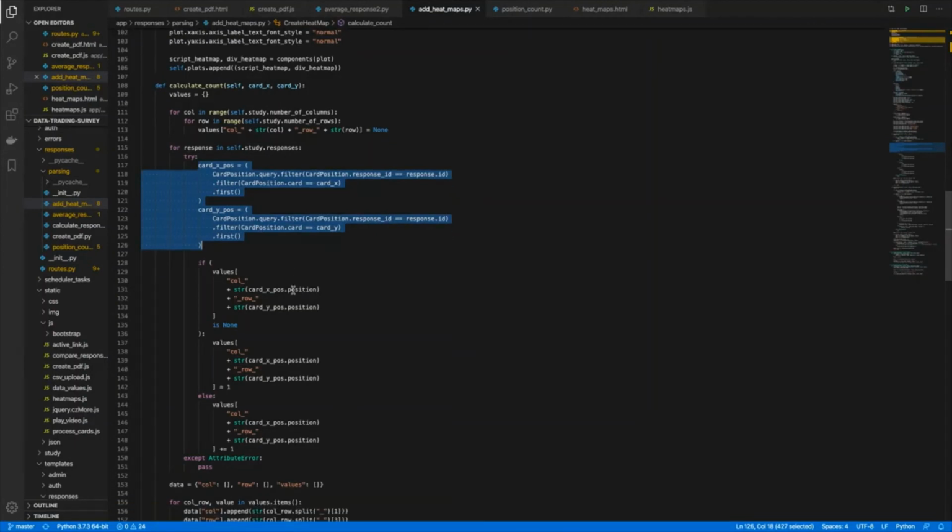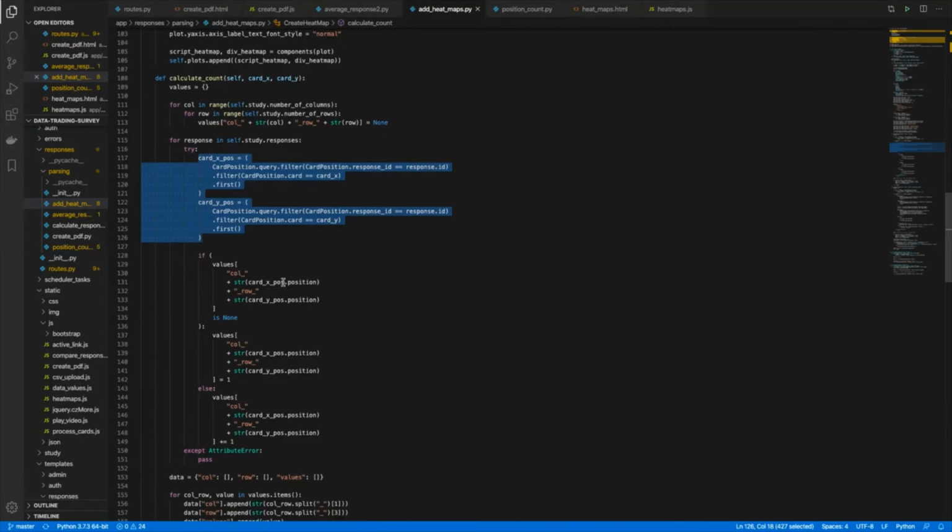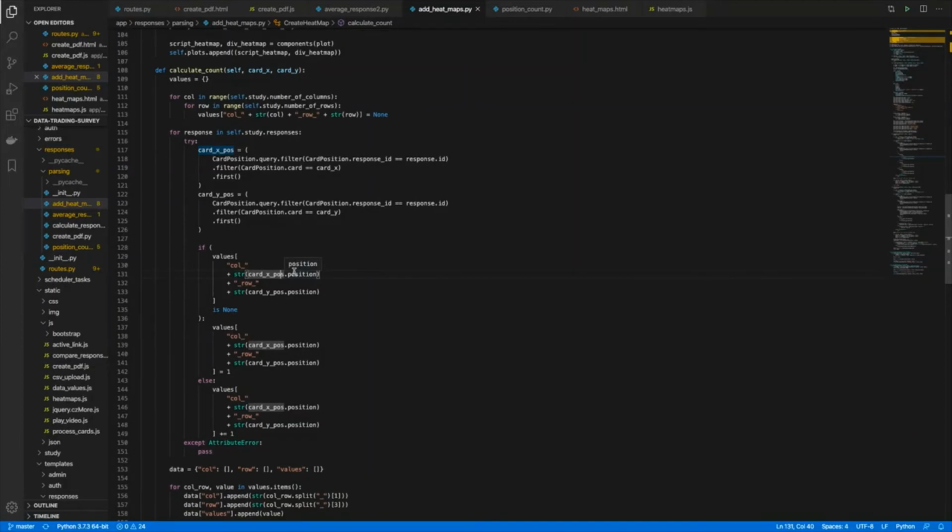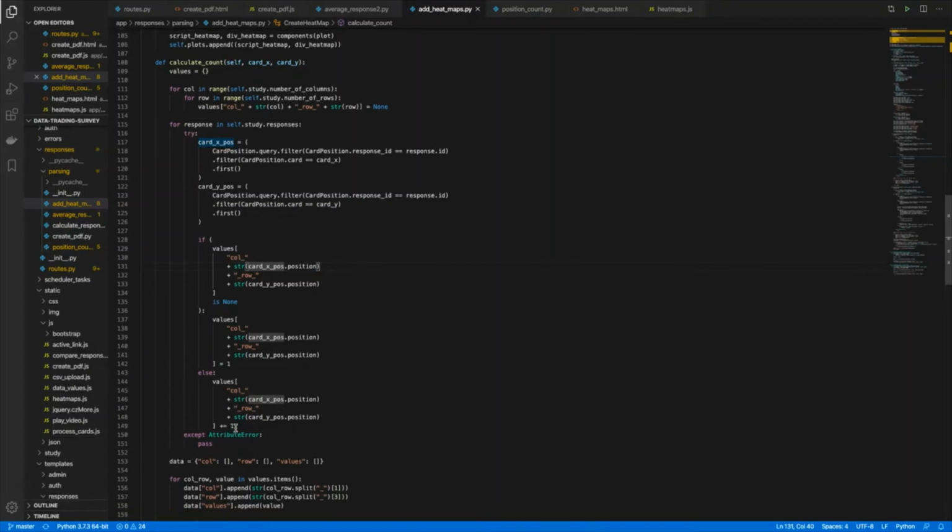We can then calculate the intersection of these two positions to get the position on the grid. The values array stores the count of the intersection for these two cards across all positions in the grid. The derived intersection value from the response is used to increment the corresponding count in the values array. You see it's incremented here.